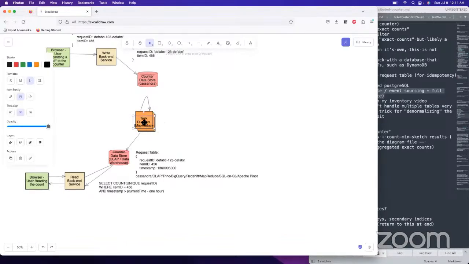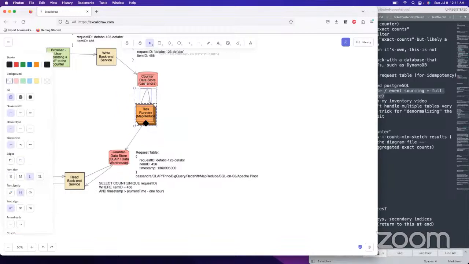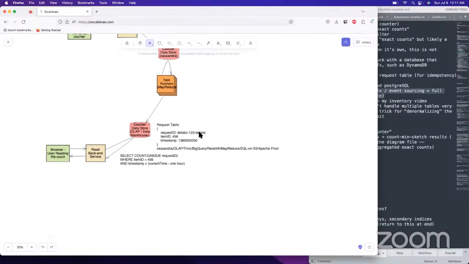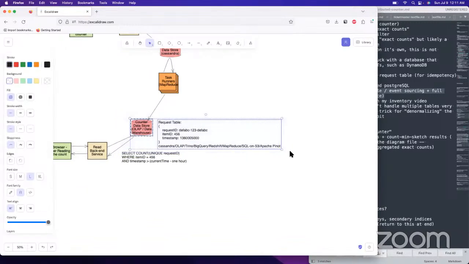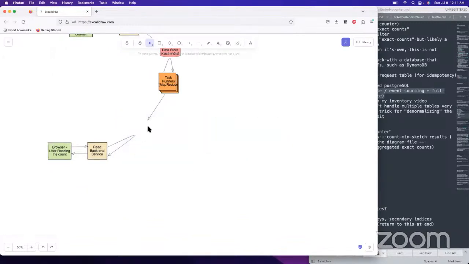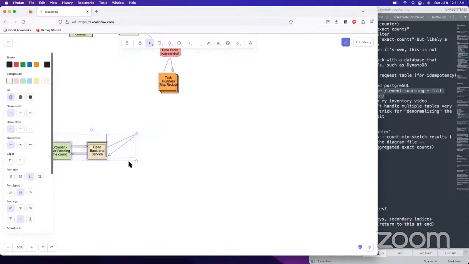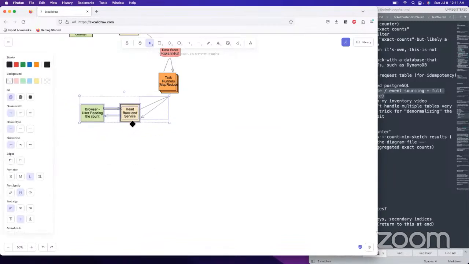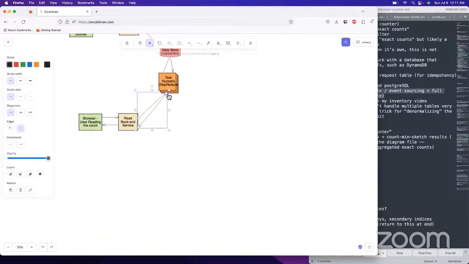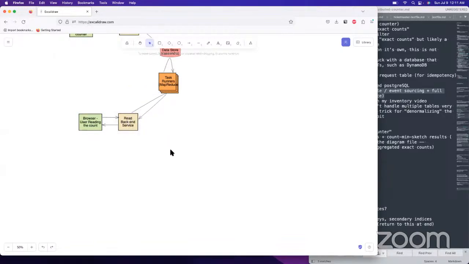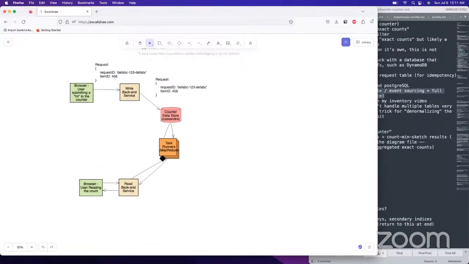Cassandra has built-in integrations for MapReduce. I don't know if that actually makes it a good idea to do that, but it is an option. And somehow you can have that just run straight off of a backend service. So in an actual system, you'd probably have some other backend service aggregating it and putting it into some other data store. So you would not actually have it go right straight to the browser. You would have it cached somewhere else. But this is abstractly how it might work.